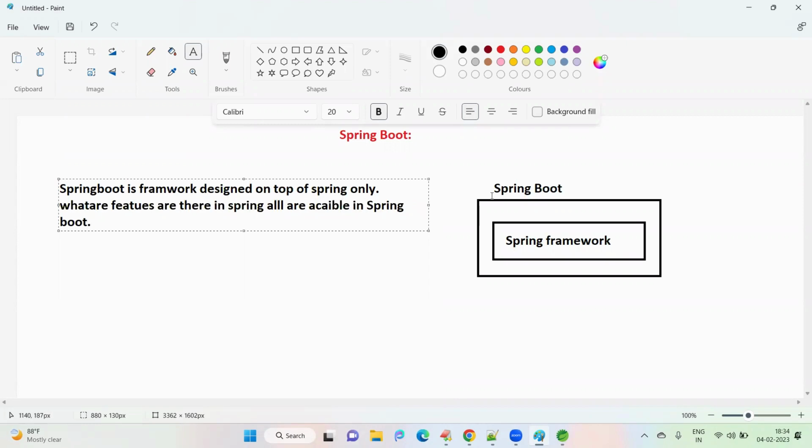What are Spring Boot features? What are Spring features? In Spring, we have dependency injection, auto wiring, IOC container. There are many, not only these three. Along with this,